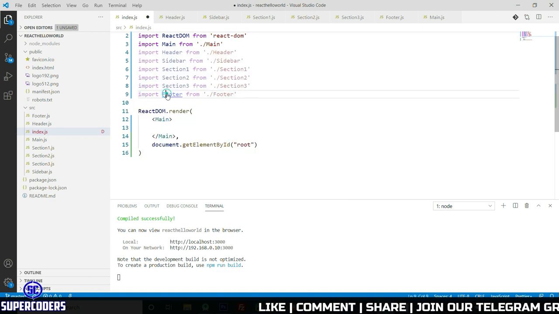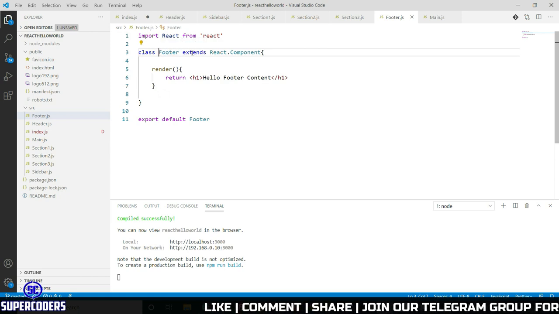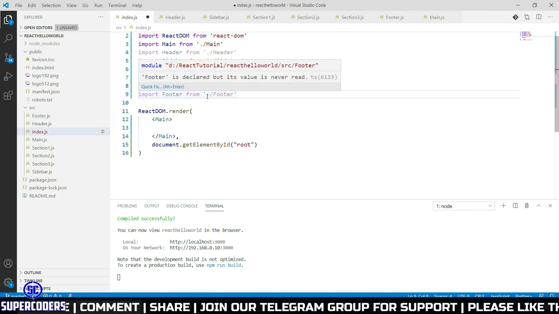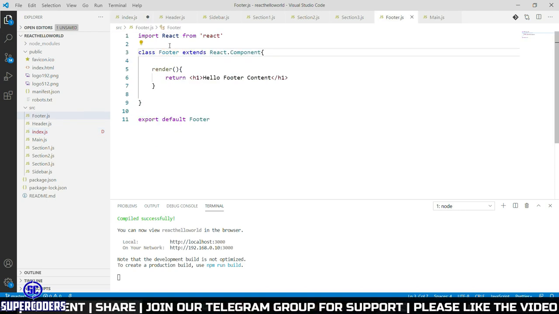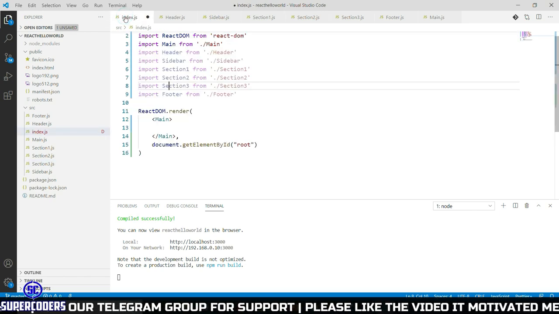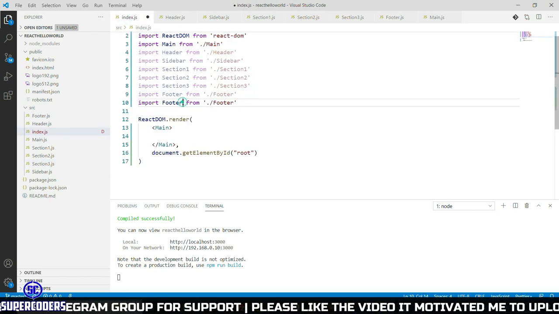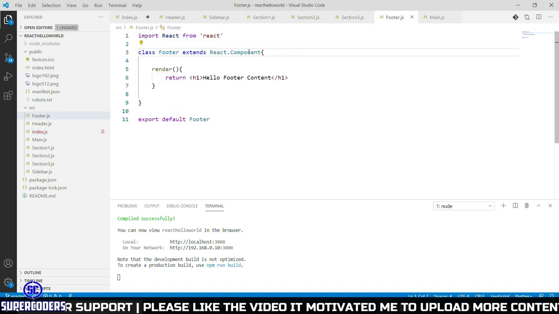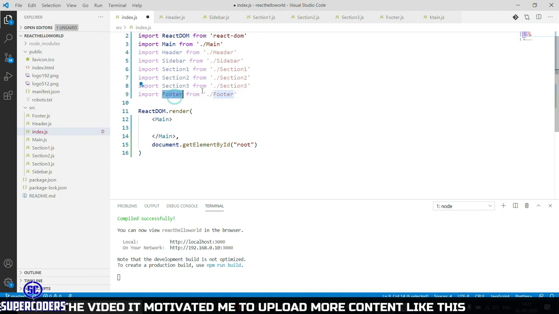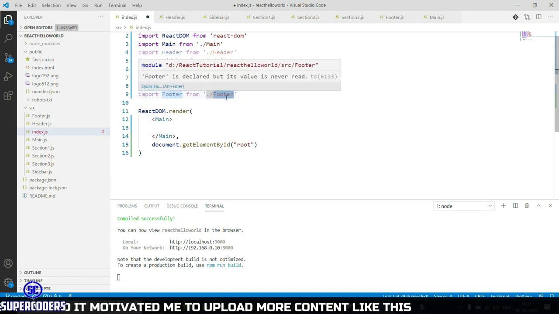If I click on this footer, it will reference to this class. So many users ask it is not showing, it is showing some error. So remember this, you need to check it's imported properly or not. So if you click on this, it shows class footer. Also if I do this to section 3, it's so. And if you face any error like this, I import like footer 1 which does not exist, but if I click on this, it shows you are importing this from the page, but there is no footer 1 class. So remember this, when importing, this class must exist in the footer.js file.